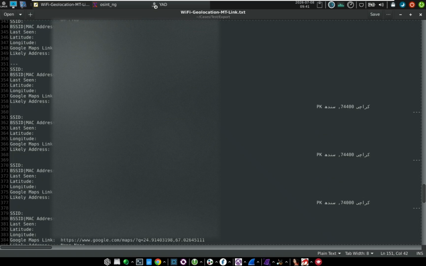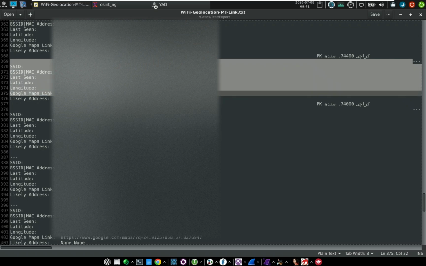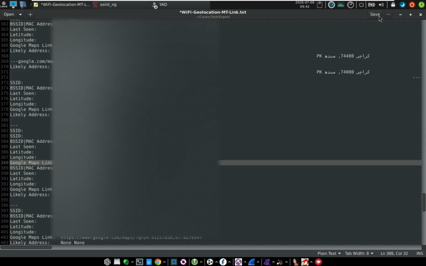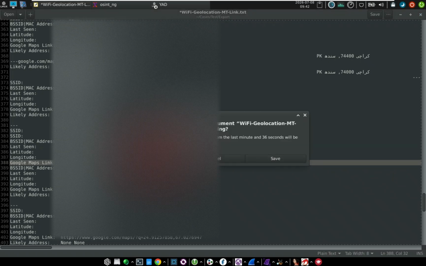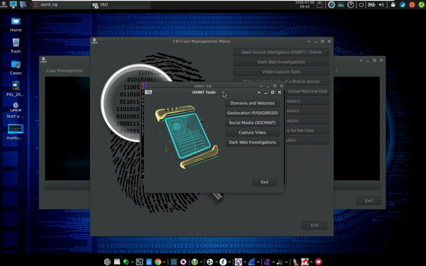This is real OSINT from all over the world. This is basic for CSI Linux. If you want to save this information for your investigation, simply save this file for your case. I'm going to exit, close without saving. Now to close this terminal,